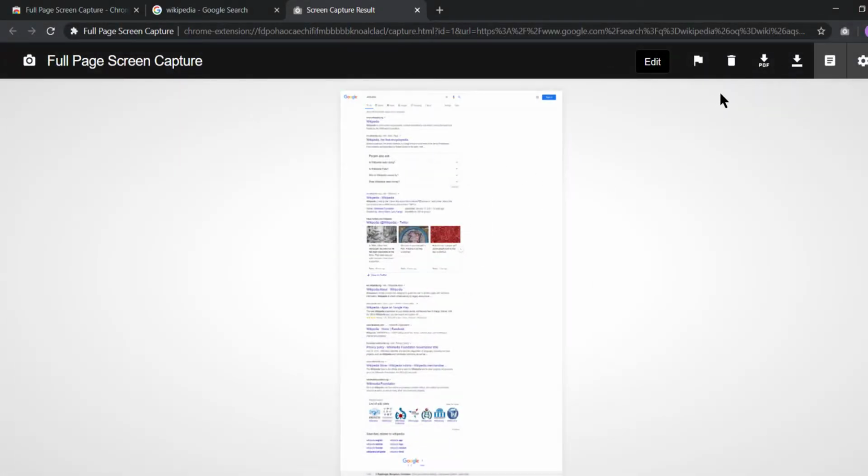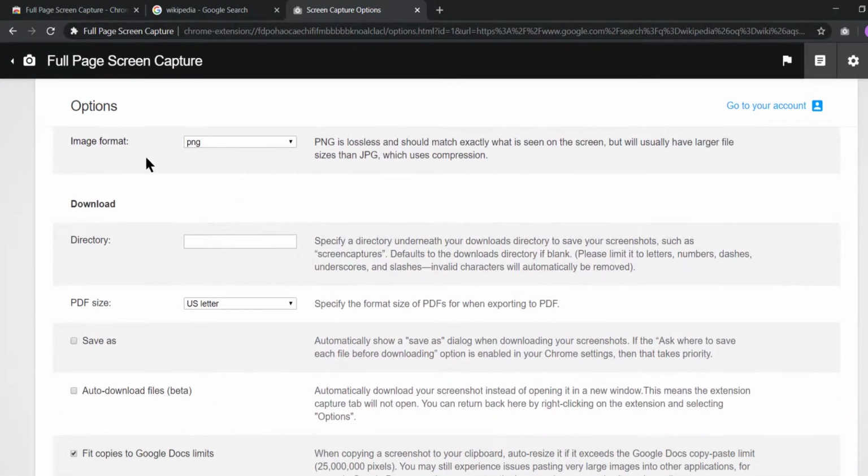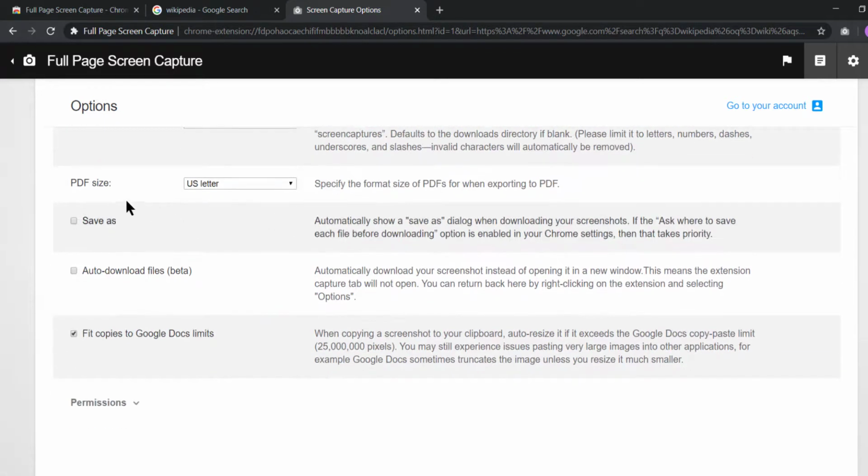So now after we have discussed this, another thing that we can discuss is the settings part. Now in settings, the image format can be changed to PNG or JPG. I'd suggest leaving it as PNG because it's better. And the PDF size says US letter. But let's say if you're not in the US and you are in some other country, the major format that is used everywhere is A4. You can make it A4, right? Or you can make it full image. So let's try A4 and let's try full image.